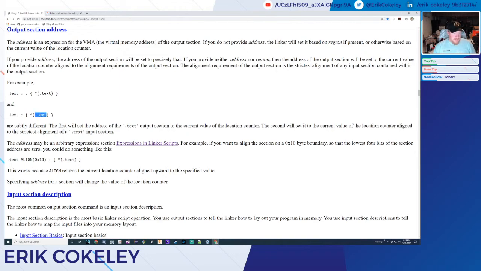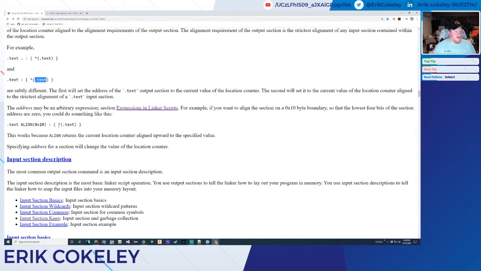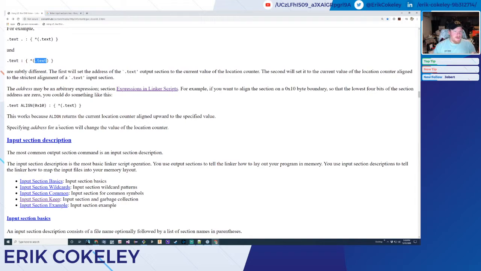So the strictest alignment of the input section, not the output. So of all of the input sections, or is it of the input section that you're bringing in? That's still, I would probably need, because I don't know how that works when you have a lot of object files, and they can have different alignments. We know that each input file can have different alignments, and